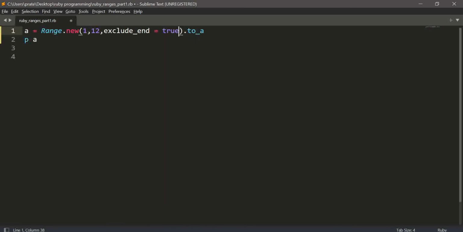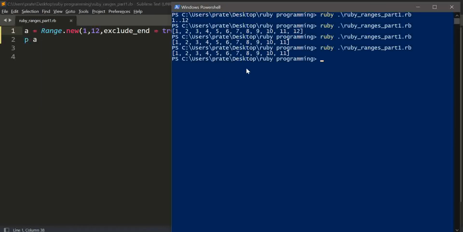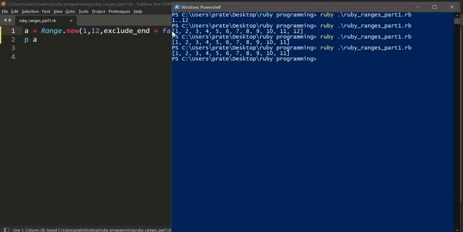If I give true, the end will be excluded, so 12 will be excluded. As you can see, we got from 1 to 11 only, and 12 is excluded. And if I give false here, the end value will not be excluded, so the range I will get is from 1 to 12.